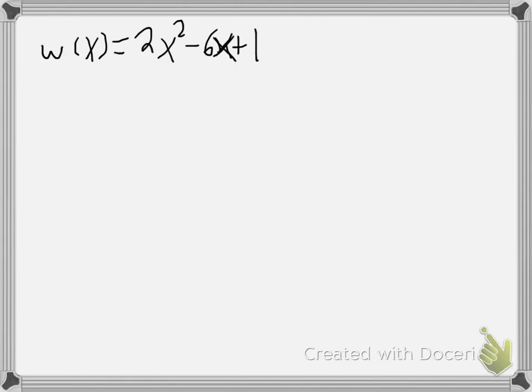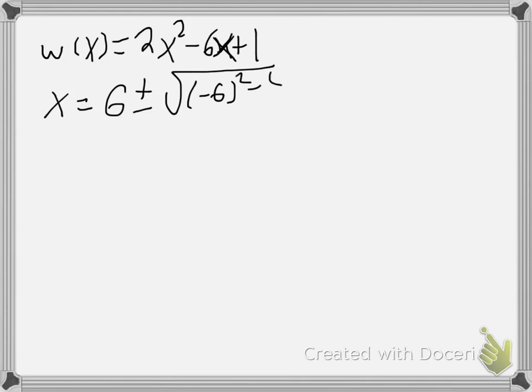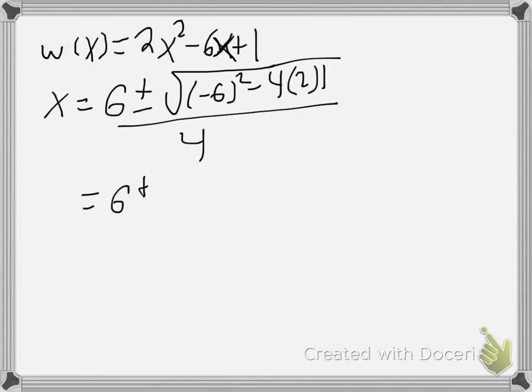Let's go ahead and use the quadratic formula. If we use the quadratic formula, x is going to be equal to 6 plus or minus the square root of negative 6 squared minus 4 times 2 times 1 all over 4,